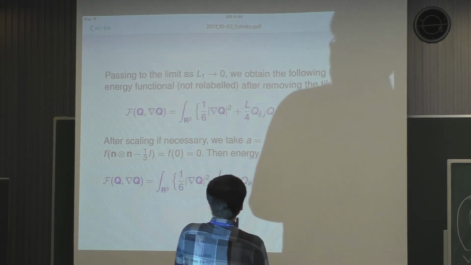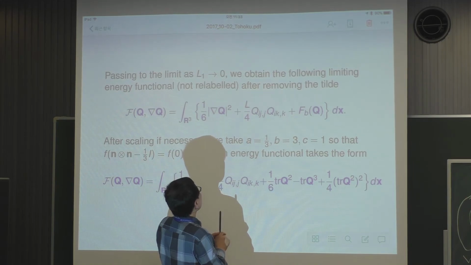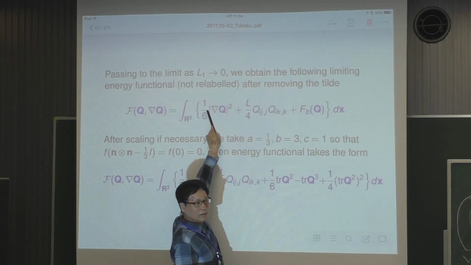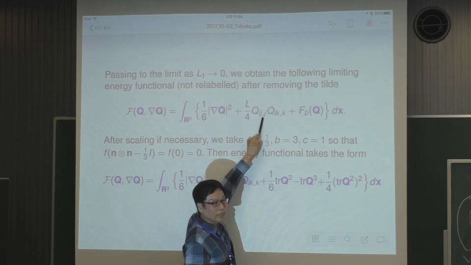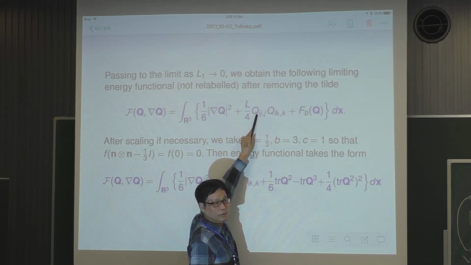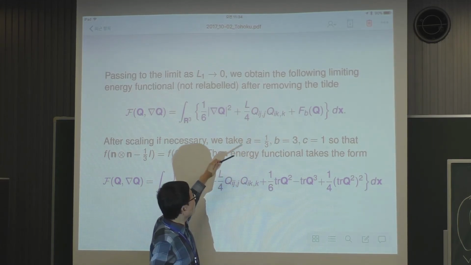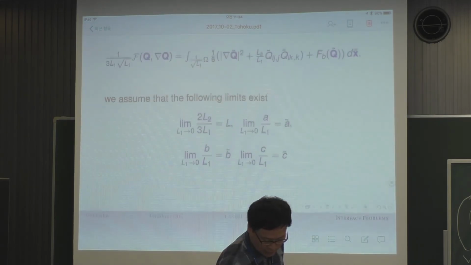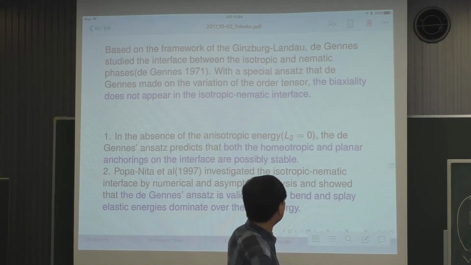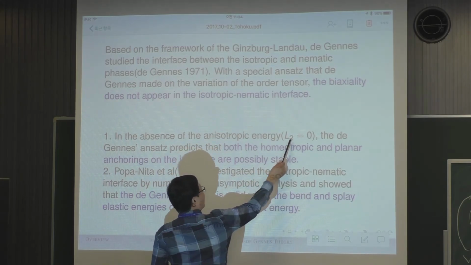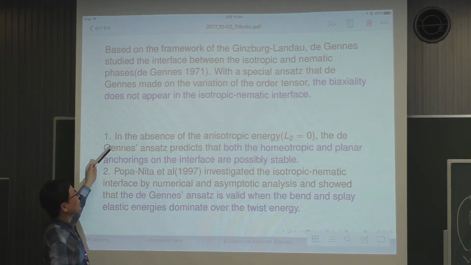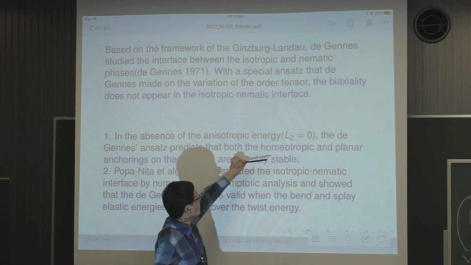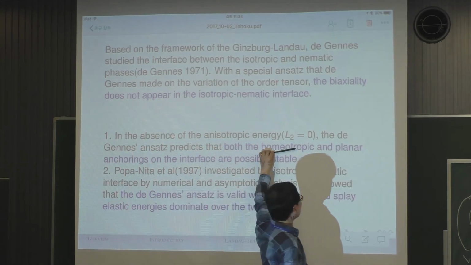And then one other thing we want to study is the role of L terms. So L equals 0, then you have only gradient terms. L equals non-zero, this actually involves divergence of Q. This may play a role in the interface problems. And then for the one-dimensional case, this is actually the one-dimensional case. The L2 equals 0, and Tuzang actually considered this type of problem, and we consider the homeotropic. Homeotropic means